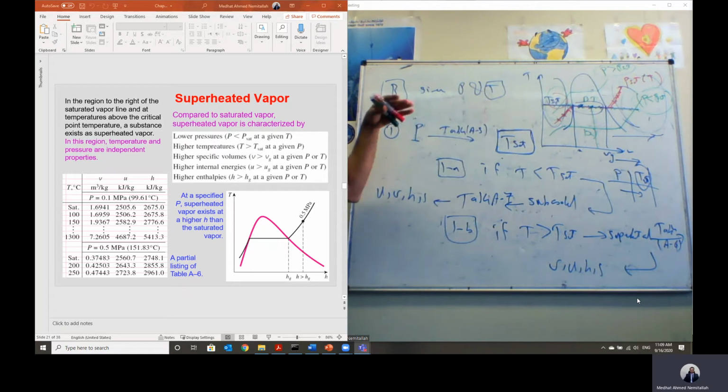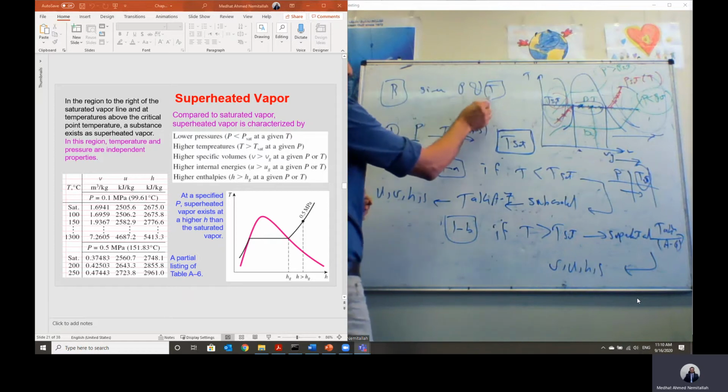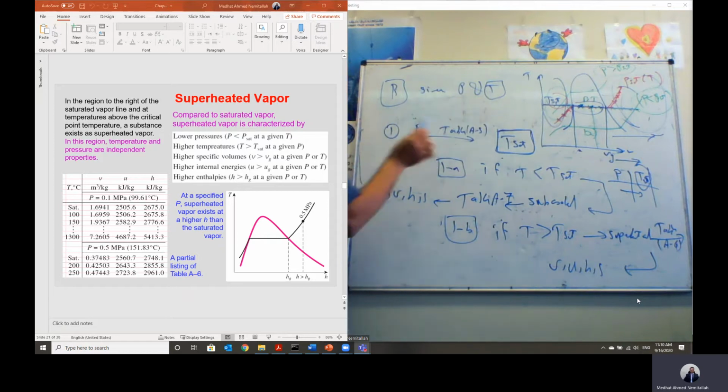So in this case, for any case, we have to check first, using the saturation table. Either I will be using table A5 if pressure is given, or table A4 if temperature is given. But in this case, pressure and temperature are given. So I will take the pressure, go to table A5, get the saturation temperature, and compare with the given temperature. Or we can take this temperature and go to table A4, get the saturation pressure, and compare the saturation pressure